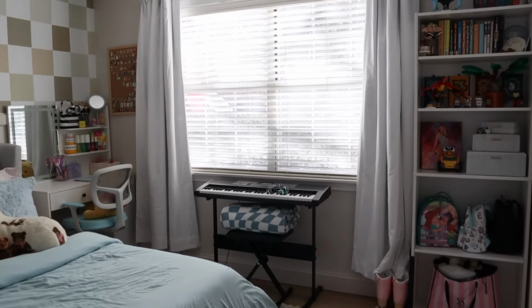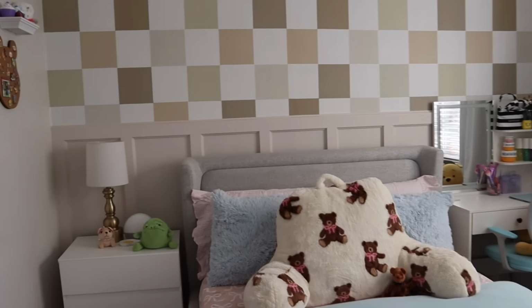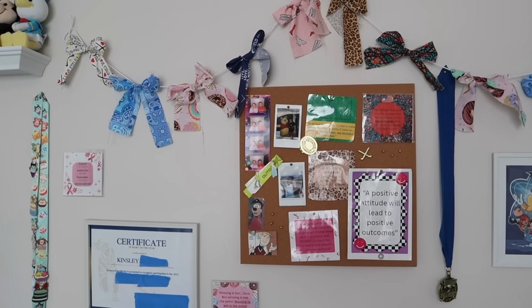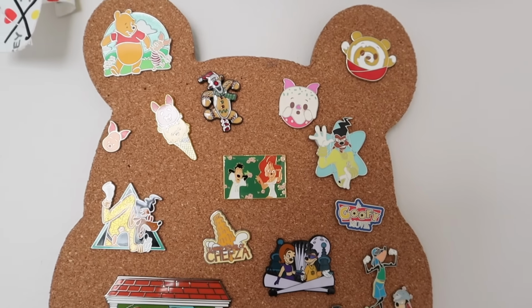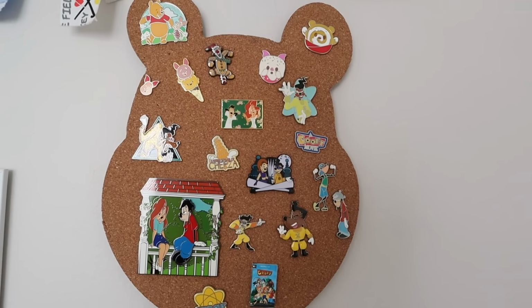And now let's get to the final reveal in 3, 2, 1. And now we have a coquette middle school girl room complete with the start of a full gallery wall. I was so impressed with Kinsley's ideas for this space, and I cannot wait to see what she adds to it. She's been saying that she thinks eventually she wants to take up this whole wall as a gallery wall,